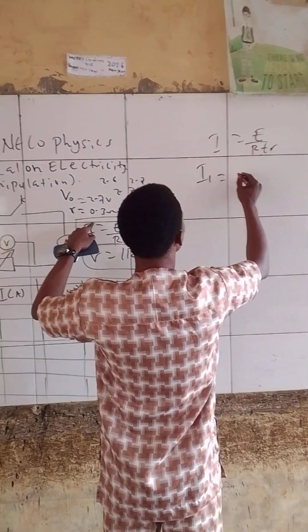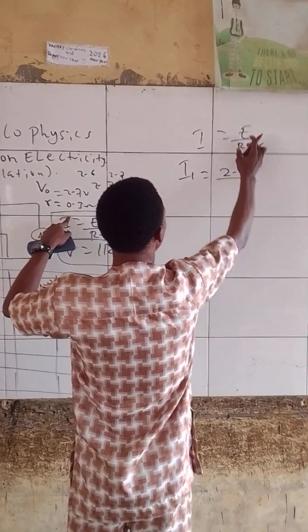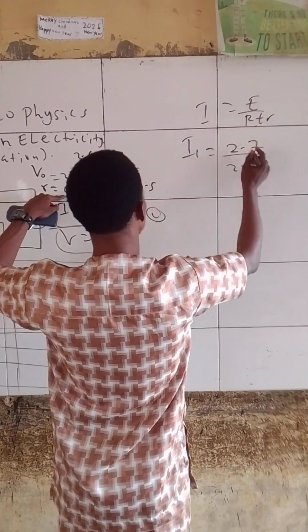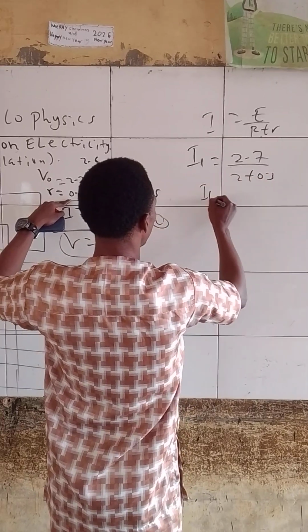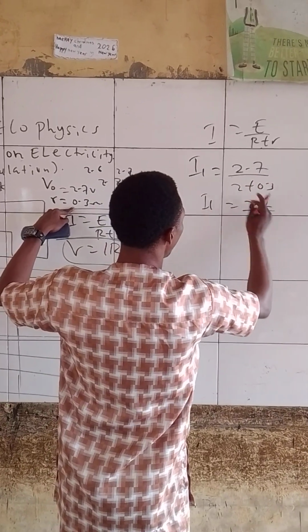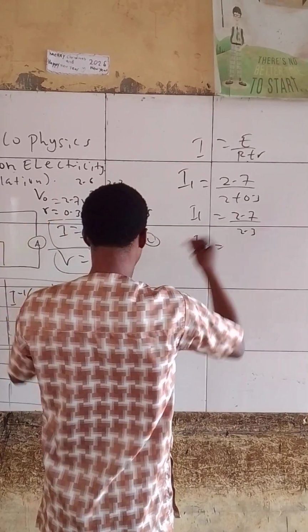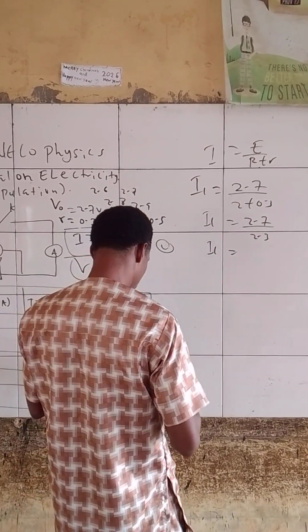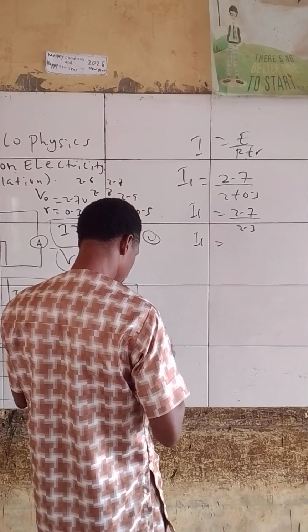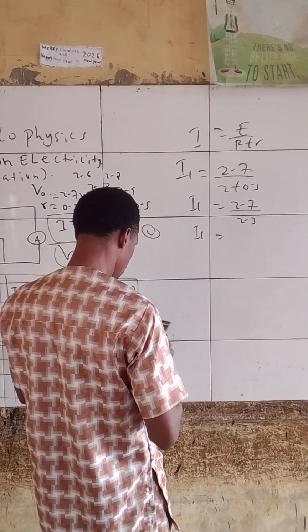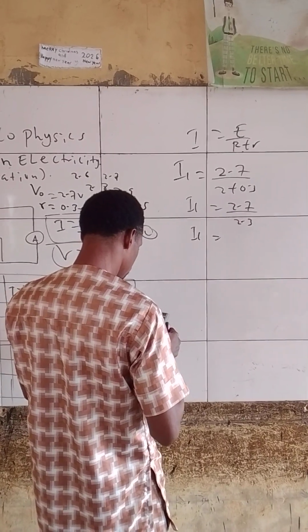What is the voltage I'm using now? My voltage is 2.7 over my resistance, here I'm using 2, plus my internal resistance, I'm using 0.3. So my first current will be 2.7 over 2 plus 0.3, which gives 2.3. So I now divide it using my calculator: 2.7 divided by 2.3. And that will give me